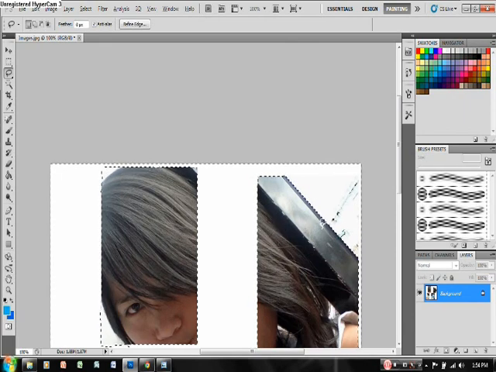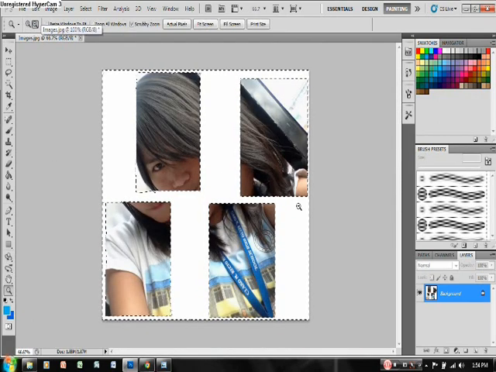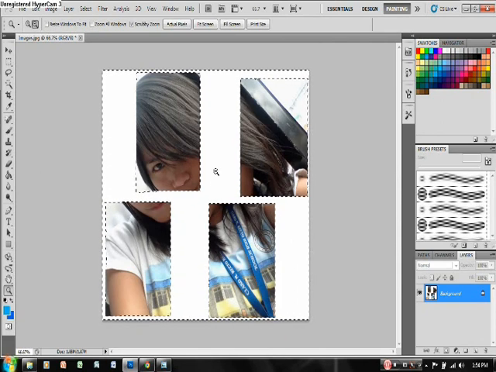Then hold again the Alt key. Select it again. Okay, we already located the original frame or pieces of the picture.